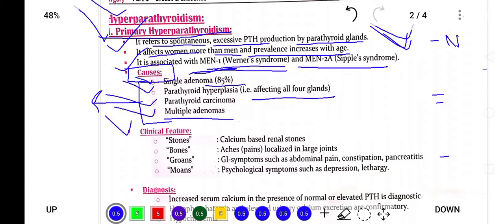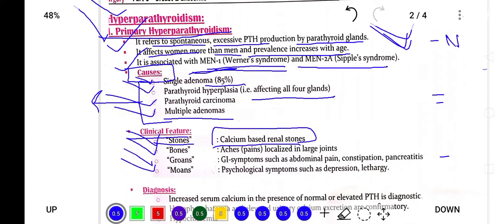Now, as we studied, the function of the parathyroid gland is calcium regulation. In hyperparathyroidism, calcium is increased in the body. So with increased calcium, the patient will present with certain clinical features: stones, bones, groans, and moans. Stones means renal stones, calcium-based renal stones. Calcium is absorbed from the kidney tubules,